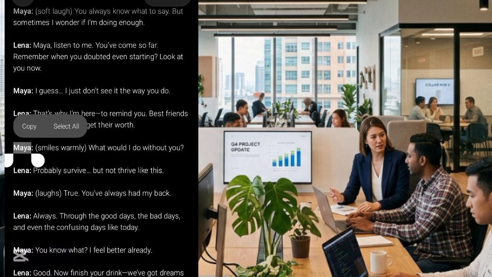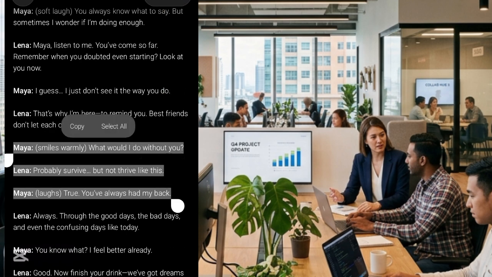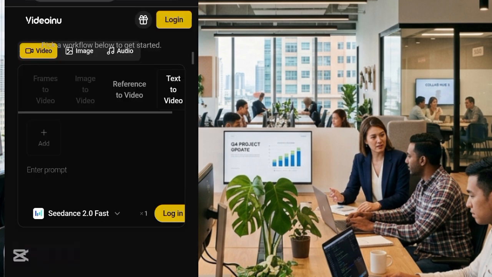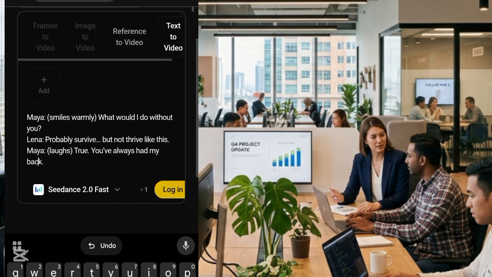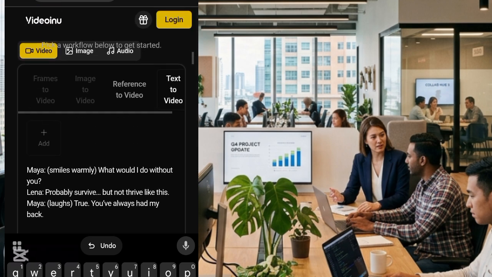You copy the prompt. You will now come here and paste the prompt. If you want, you can actually add a photo, an image, and now